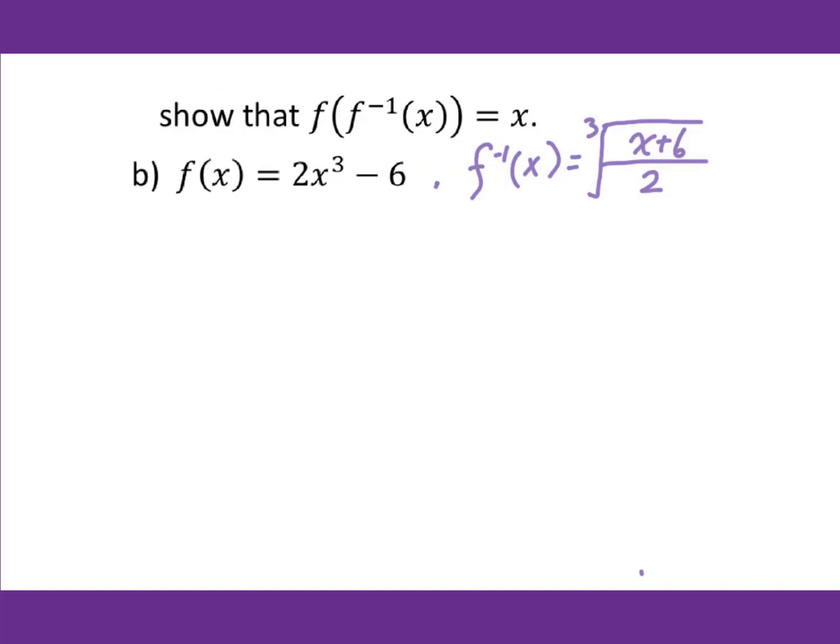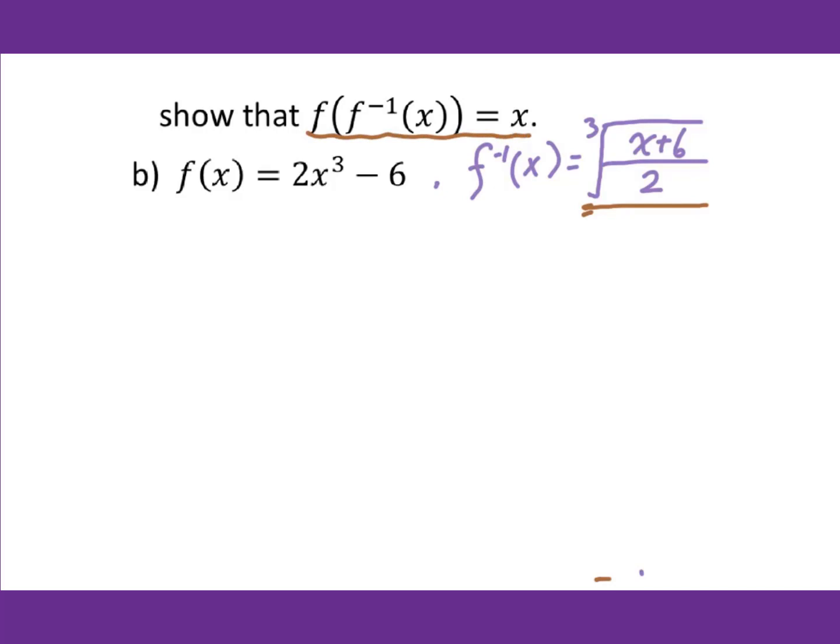Show that f of inverse of f of x equals x. We already figured out for f(x) equals 2x to the power 3 minus 6, the inverse function is the cubic root of (x plus 6) over 2. We want to prove these two are inverse functions. We have to use this